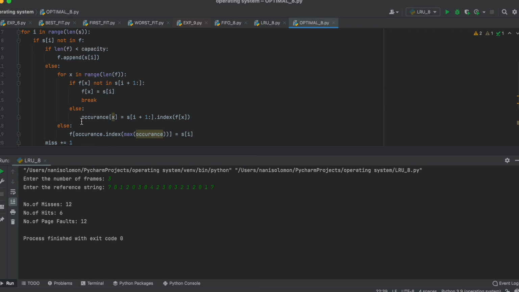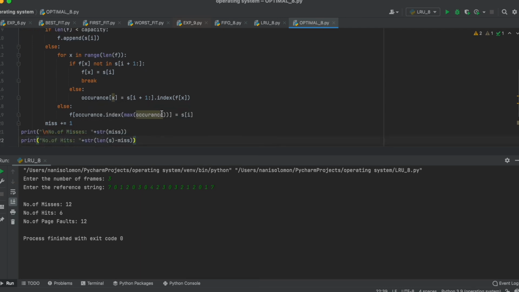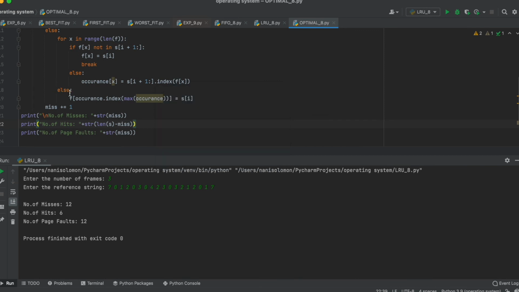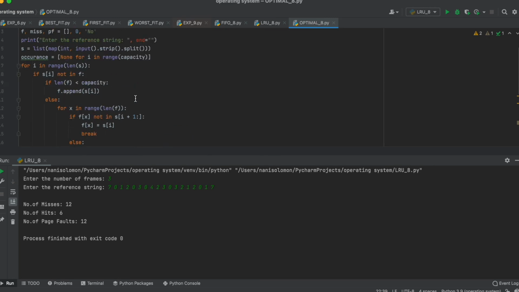Else occurrence of x equals the index in s after i plus 1. Else f of the occurrence index of max of occurrence equals s of i.